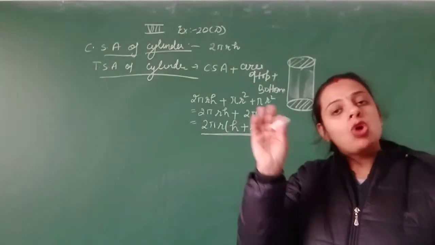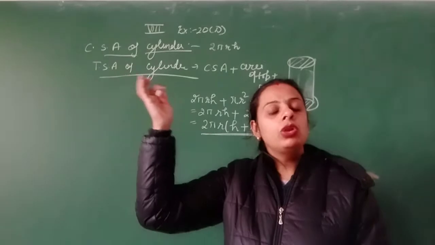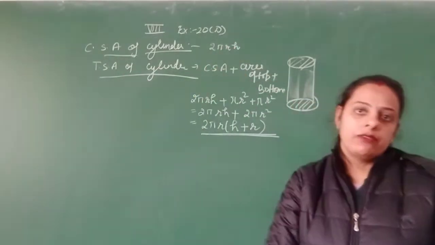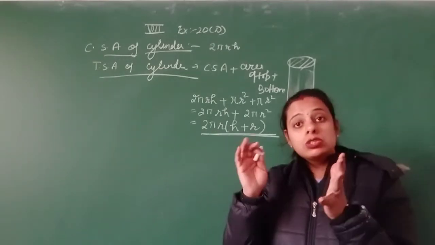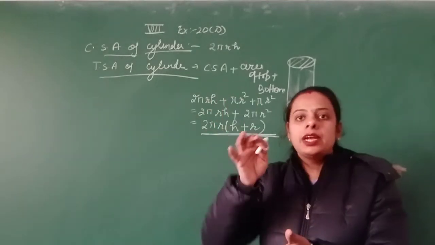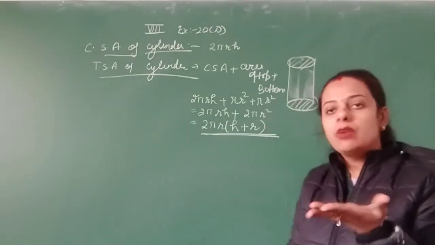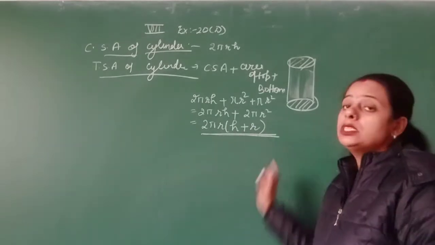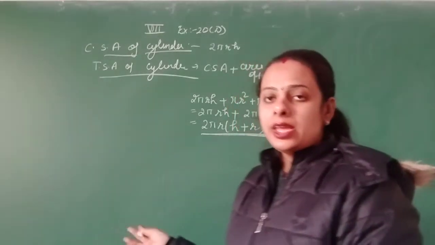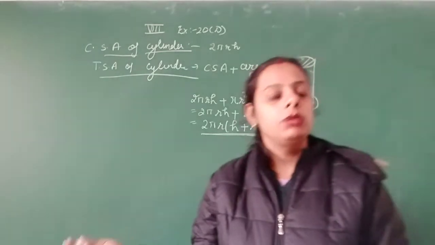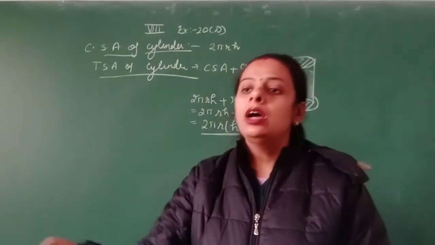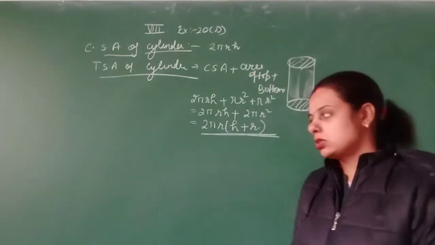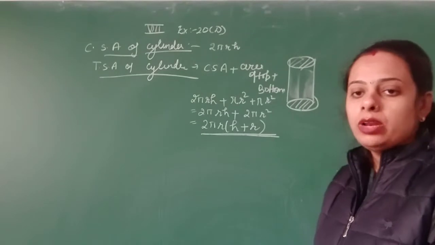Clear? If it is open at both ends, that is, open from the top and open from the bottom, then you have to just add the 2 pi r h for the curved surface area. If it is closed, it is covered from both sides, covered from top and from bottom, it means then you need the total surface area, 2 pi r into r plus h. Okay, because this is area, it should be in centimeter square, meter square. The square unit will be the unit of this surface area, either of curved surface area or total surface area. Now come to question number 1 of this exercise.